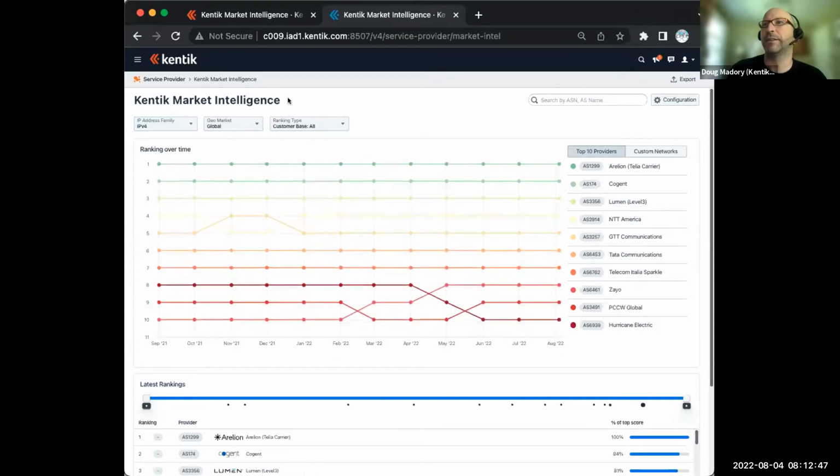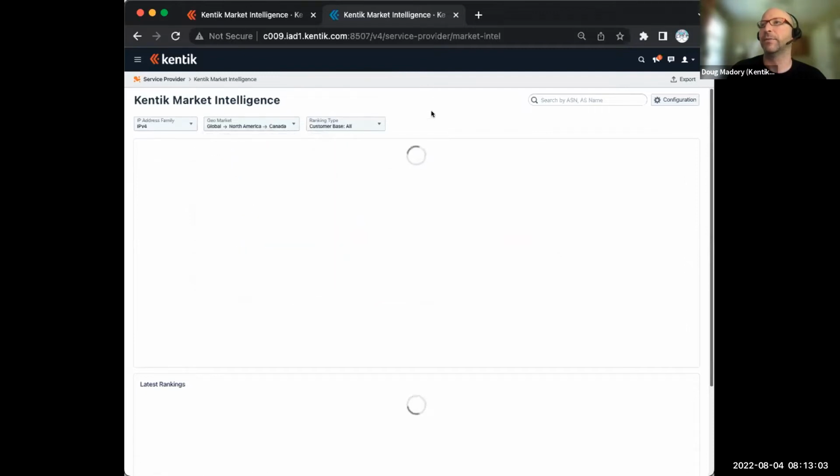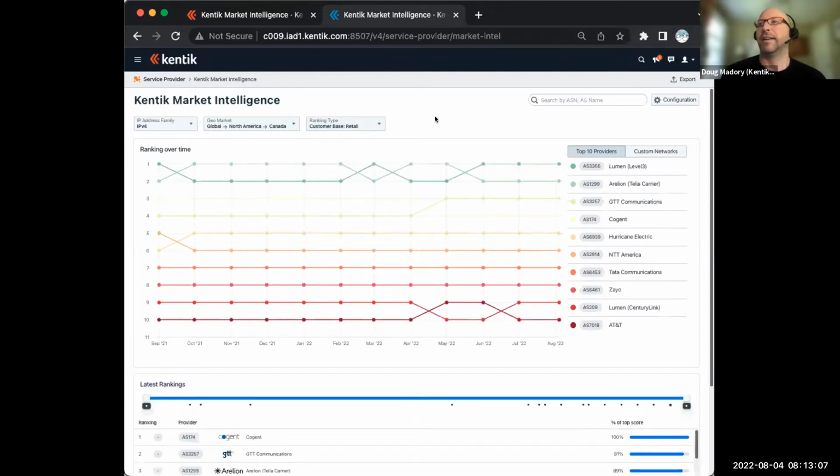So the rankings are one piece, and there's only a handful of people who can claim to be in the top 10 globally for V4. But why don't we look at a couple of other use cases? How would you use this, and these use cases that Steve went through? So we're going to talk about a certain outage that took place last